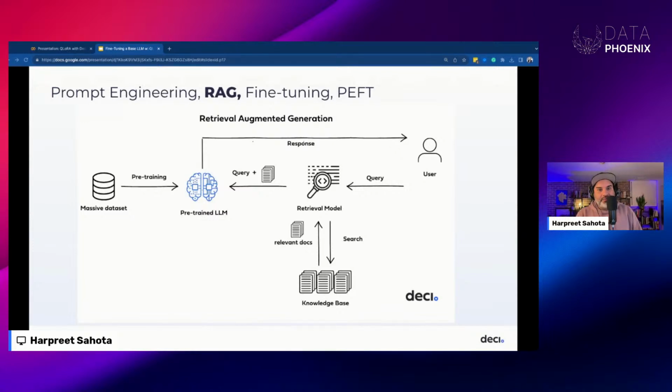So we need a vector database, right? So we have some internal data set. When you take this internal data set, we need to chunk it up, split it up, embed it, and put all those embeddings into a vector database. Then a user query will come along.